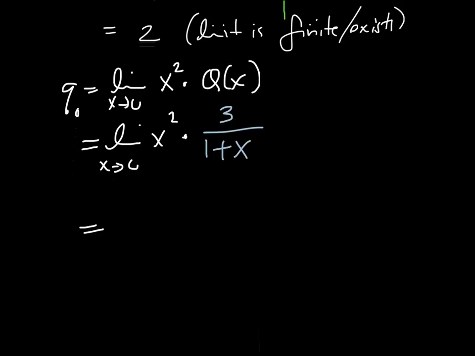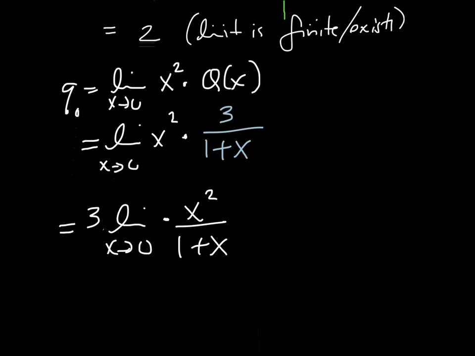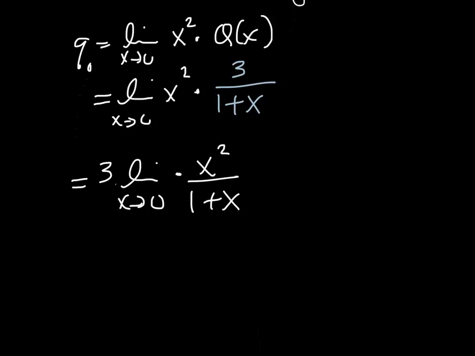So we're left with the limit as x approaches 0. We have this 3 here, but we can just take it out as a constant. So I'm going to go ahead and write it out, times x squared over 1 plus x. And here, if x approaches 0 again, nothing bad is happening. We have 3 times,